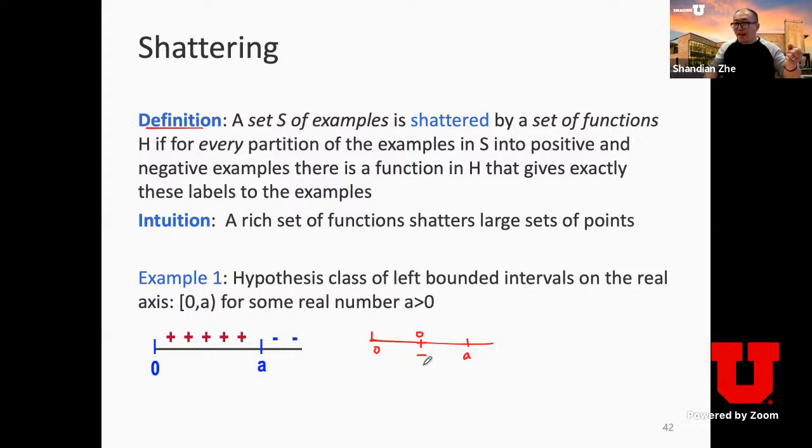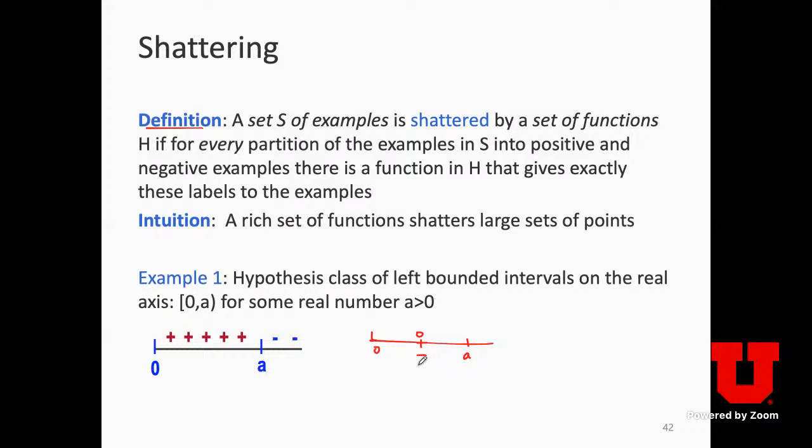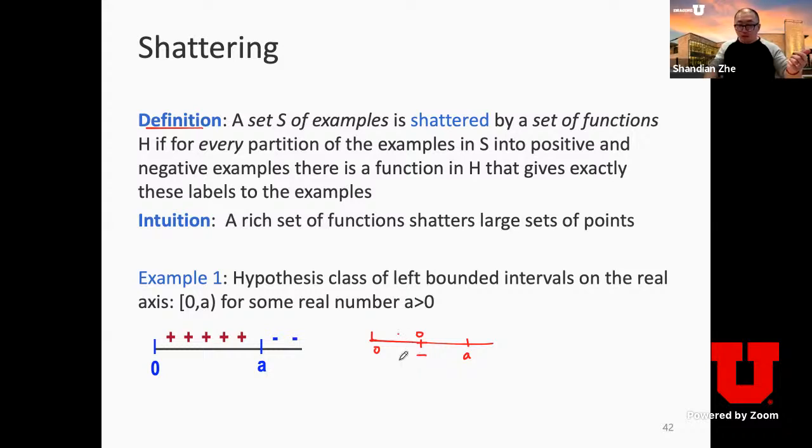Where should I put A? Less than that point value. Yes, right? We can put A here, on the left-hand side. On the left of this point is less than this point, the position and the value. And then because this point is outside of this interval, it will be classified as negative. It gives the correct classifier.